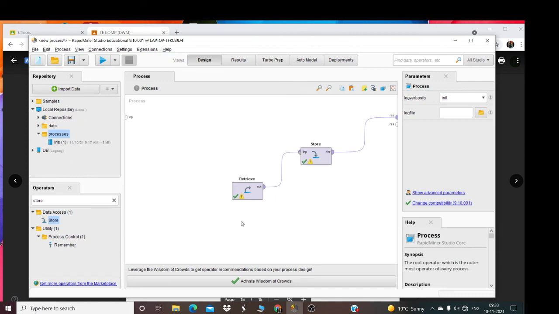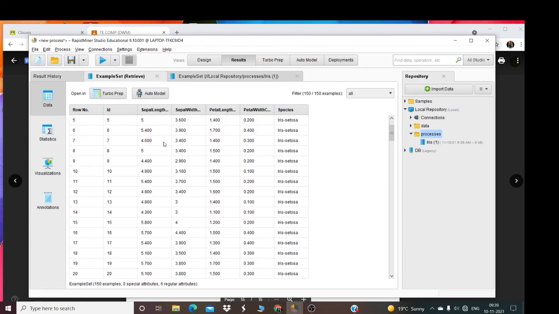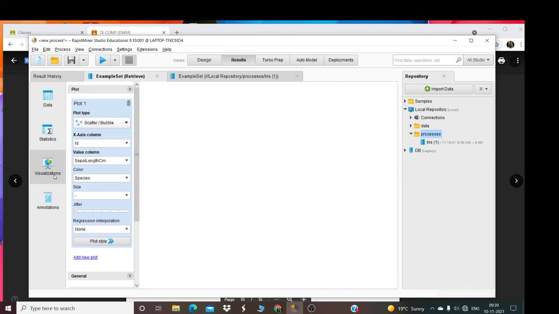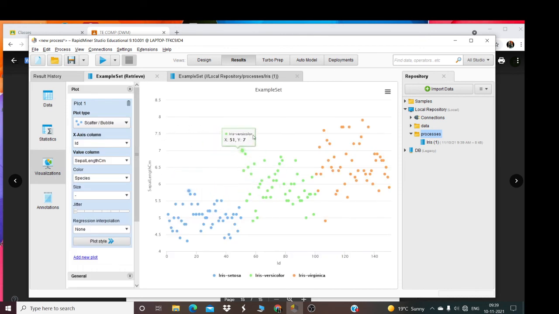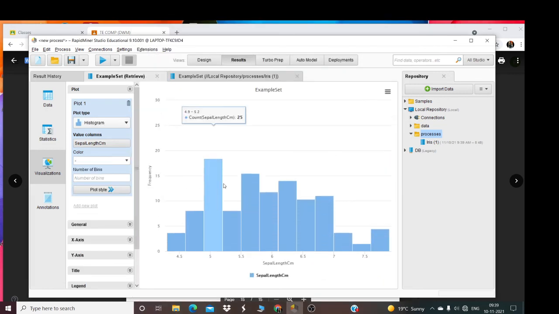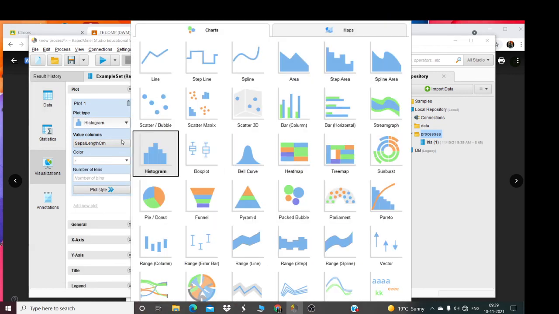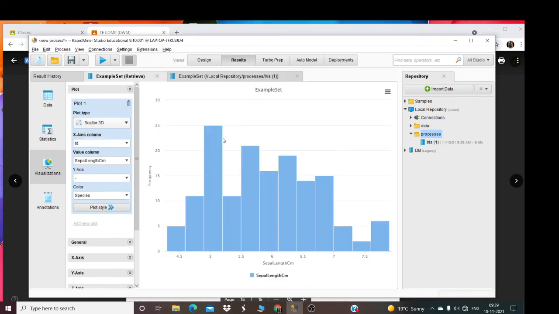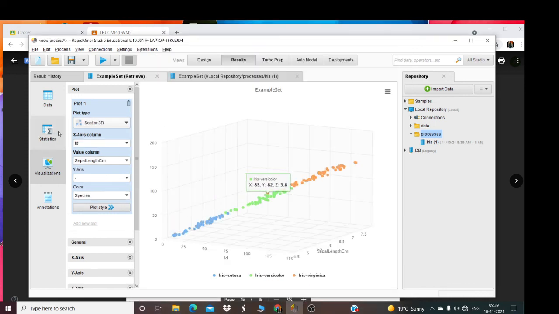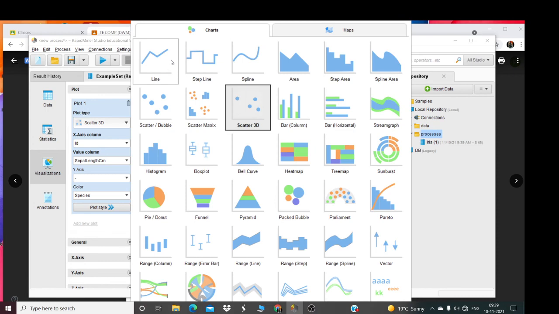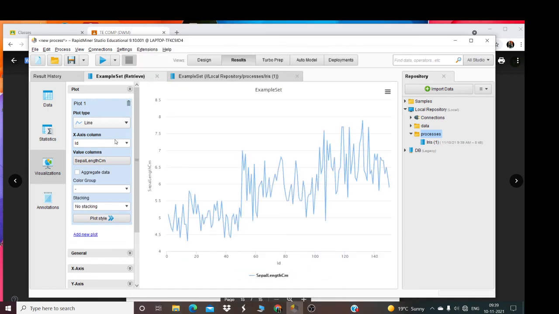Select whichever you want and drag and drop it here. Now we will see here, my data is imported. Now go to the visualization and see the scatter bubble, or go to plot type, whichever you want you can select, histogram or scatter 3D. It is increasing, the line plot. Yes, and this is it.